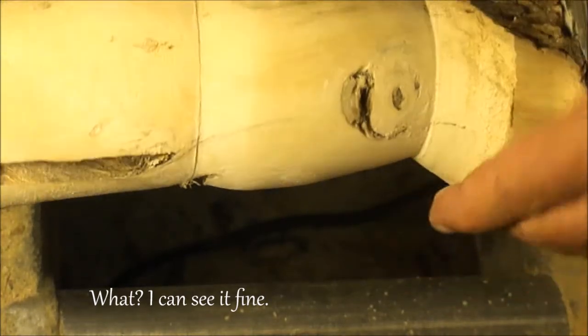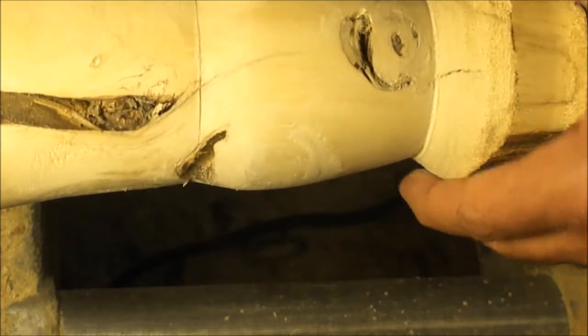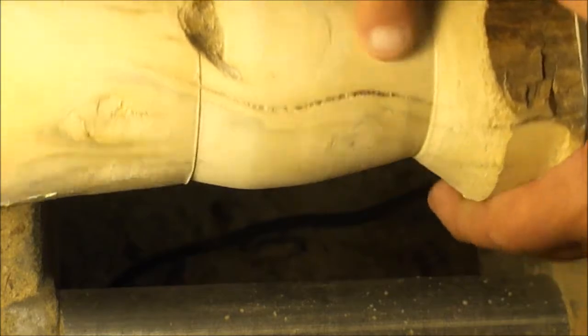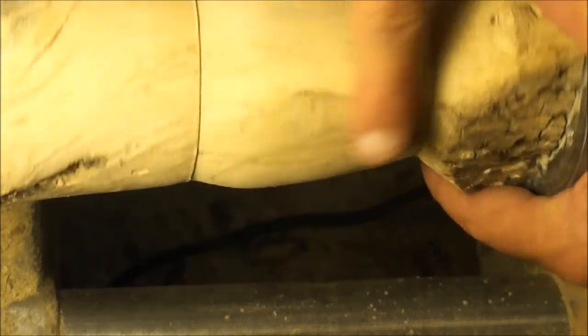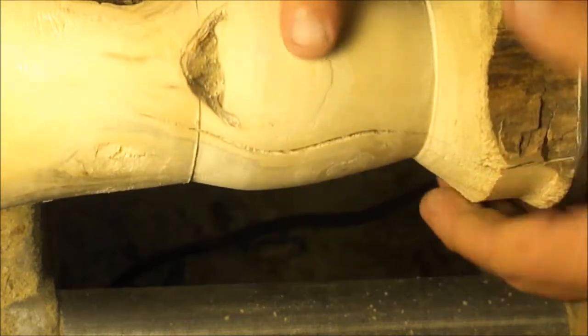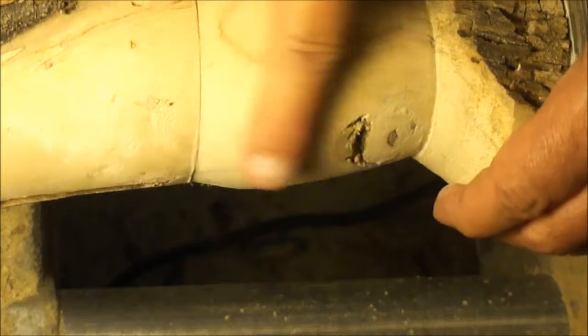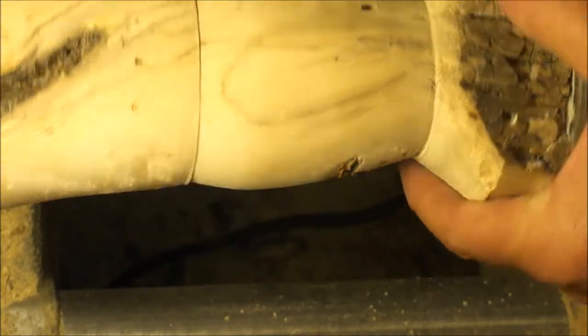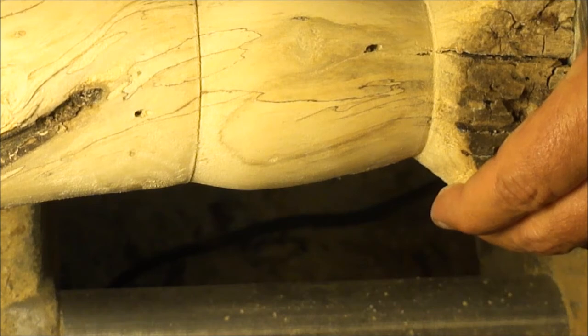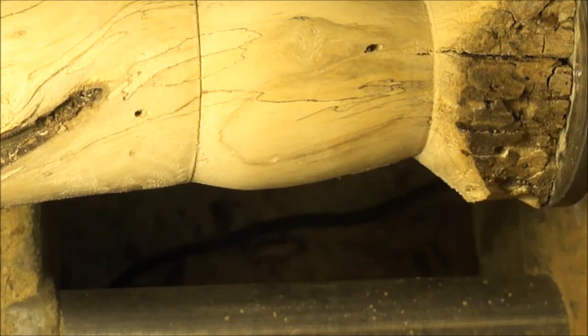I'm going to use sandpaper. It takes longer. It's a little more work, but it works. See? It works. It's just 100 sandpaper. I'll follow that with 220, 320, 400, and then I go to the micro mesh and go all the way through to the 12,000. And by then, I will just be falling all over myself looking at this thing. So there you go. I'm going to shut the camera off now